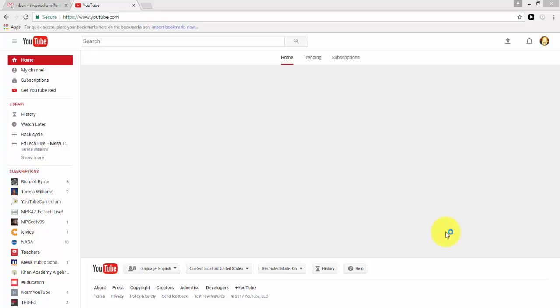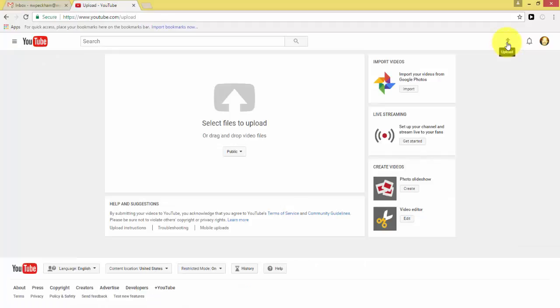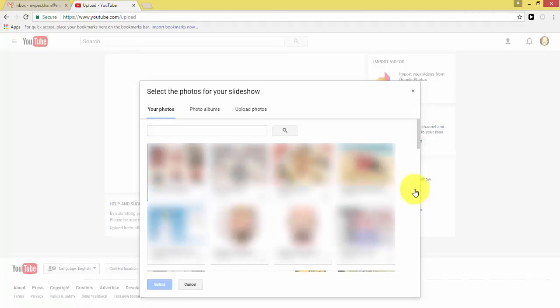After signing into your YouTube account, go over to the Upload button and click on it. Once you click on it, you will see on your screen an area where it says Create Videos. You're going to want to click on Photo Slideshow and the Create button. Once you do that, it will take you to a list of photos you've already used, or you can go ahead and upload photos. This is the option I'm going to use. So I'm going to click on Upload Photos,